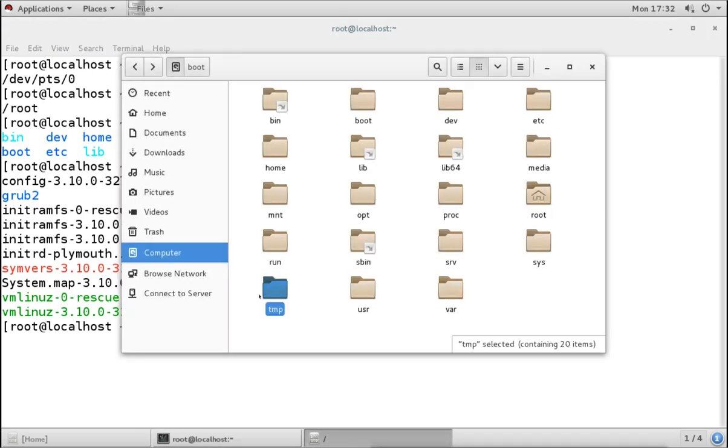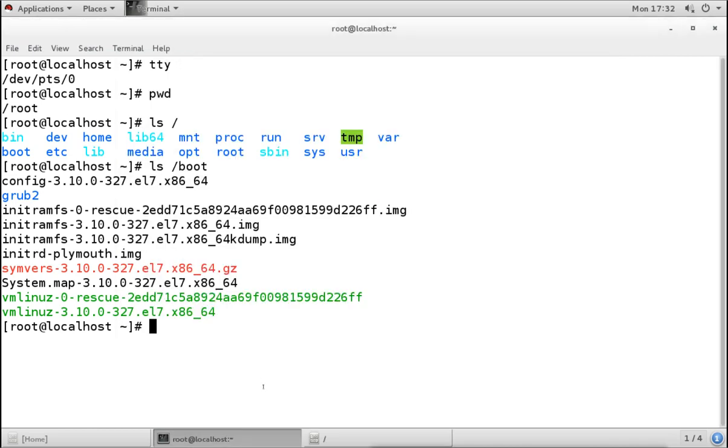Now this is actually a directory, but you see it as a different color here. Why we are seeing this different color is because of the permission. The permission applied onto this directory is making it look this color. And you can see it is not the color of the file name tmp, it is a filled color. So when you see this, you will know that this is because of the permission.